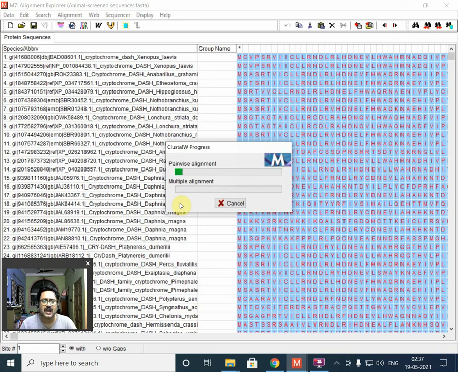Because the total amount of data here is relatively small, approximately 71 sequences, and because they are proteins, the size of the sequences is also relatively small, it probably shouldn't take much time. So it should be done.